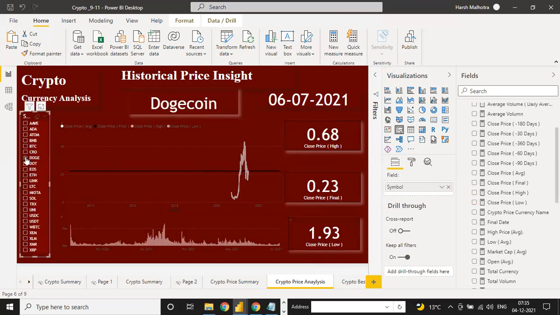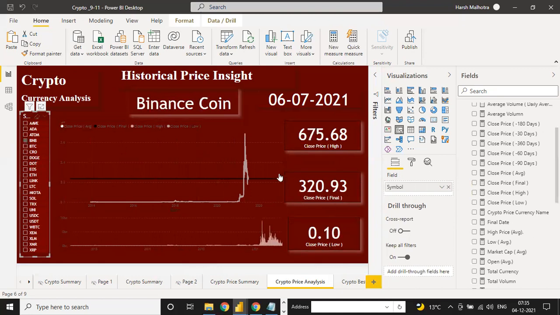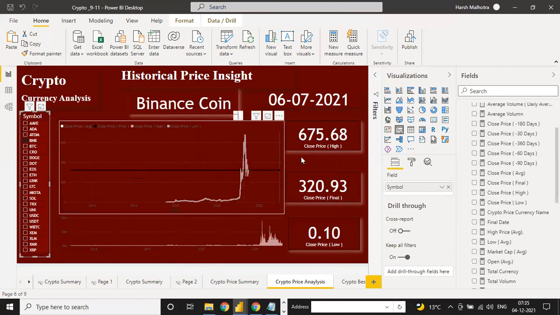Same way this line will be shown here, that it is close price high of this currency. See, for this currency, you have the date chart value, you have a column wise value, and you have high, final and low price value. As well as if you click on any currency, the data should change for that currency. High price is the maximum of that day.